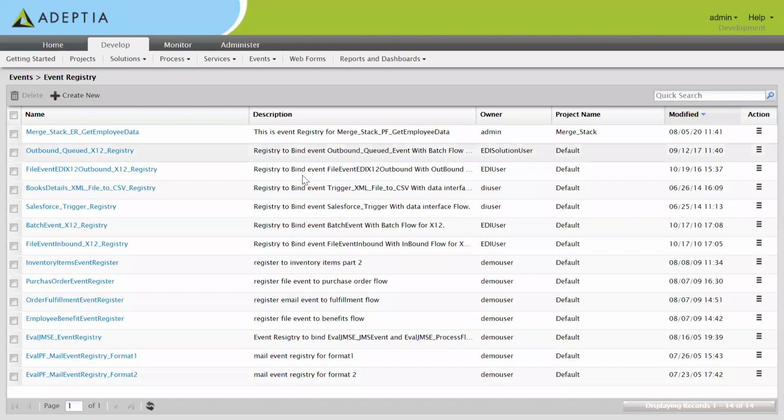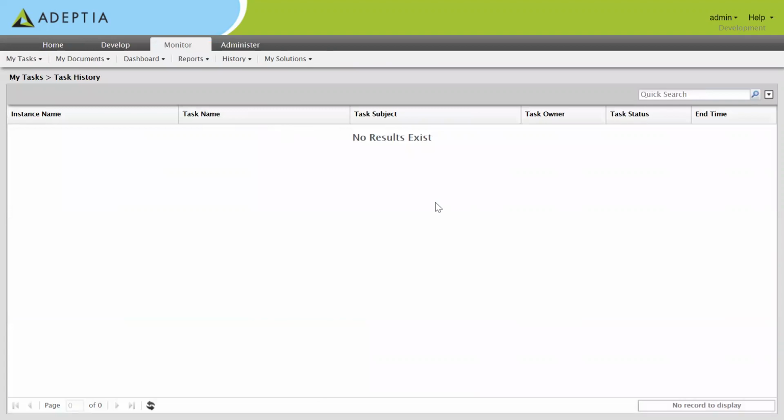So let's go back to the develop tab. This is the area where the developer comes frequently, where they design activities, create activities, edit, all that stuff. CRUD operations, we can say, all performed by the developer in this area. Then the monitor tab: once your development is ready, you'll run it, right? Once you run it, you can see the process flow logs, event logs, and system logs from this tab.